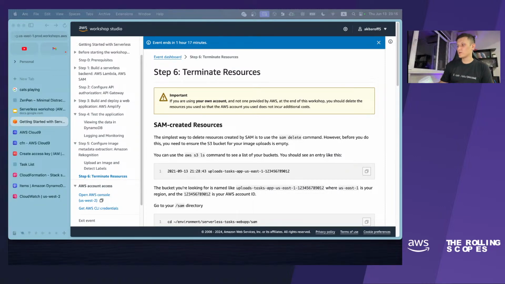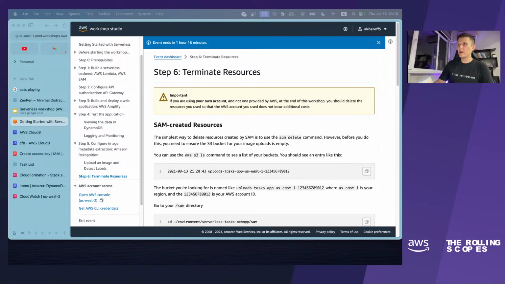Not only after the workshops, once you are done with the course, I strongly encourage you to destroy all the resources which you have created during the course, because it can help you significantly to avoid any unexpected charges by AWS, because someday your free tier will expire and you will be charged for this log file which you are still keeping in your CloudWatch, or for some binary files in your buckets, and so on.